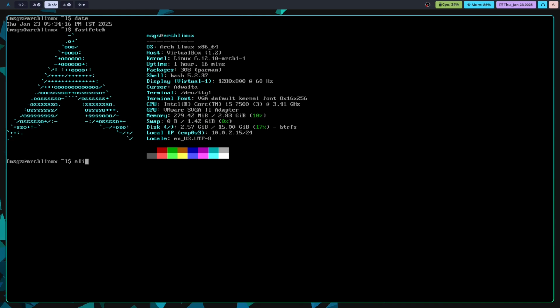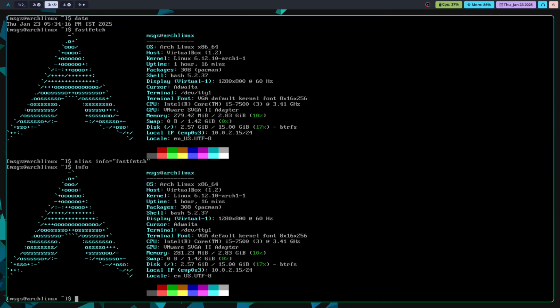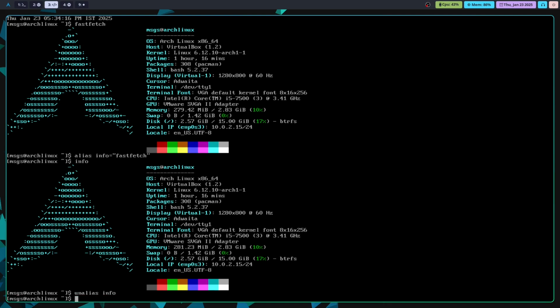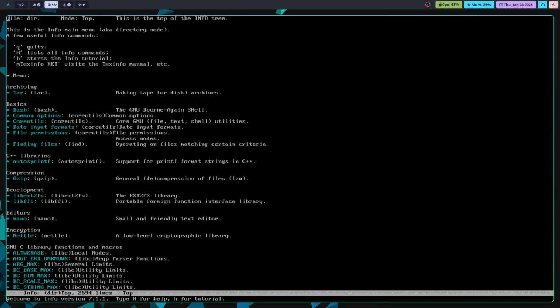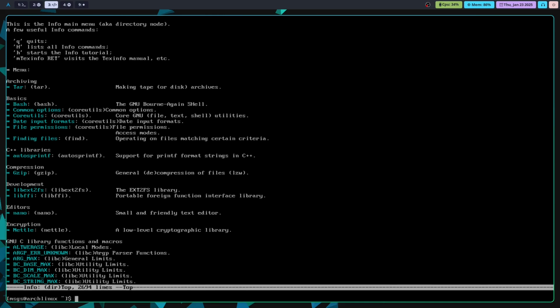So now I run the alias command. Let me call it info equal to, and then the command which is fastfetch. So I have created an alias now. If I run info now, it will run the fastfetch command. So that is how you do alias. Now you also have the command unalias, and here if you just type the alias name, it will unalias it. So now if I run info, it's running some other command because there was a command called info before. So yeah, I'll exit it by Control C